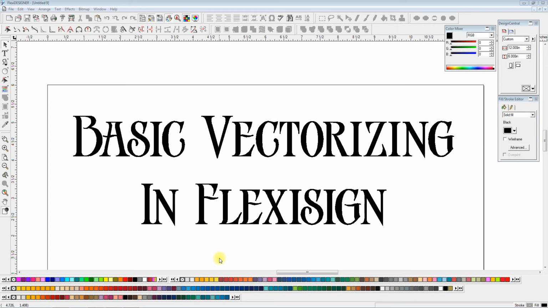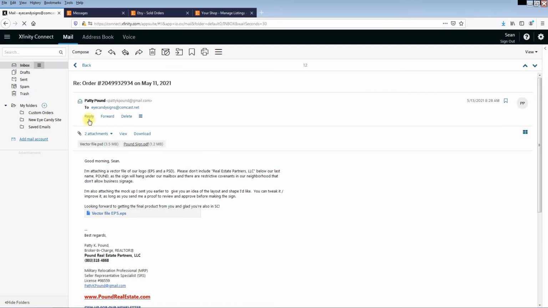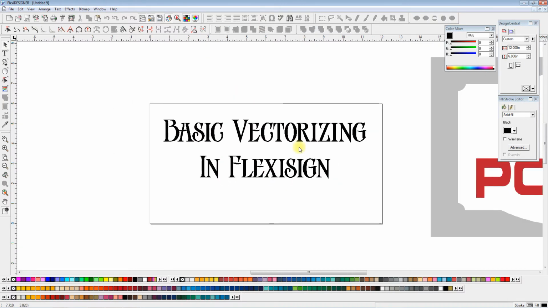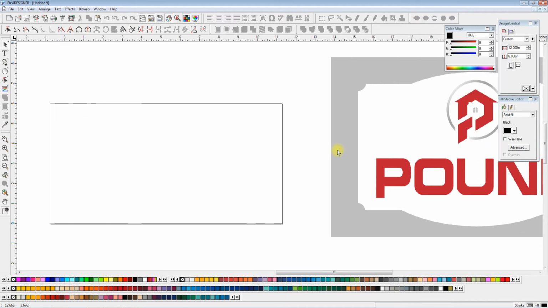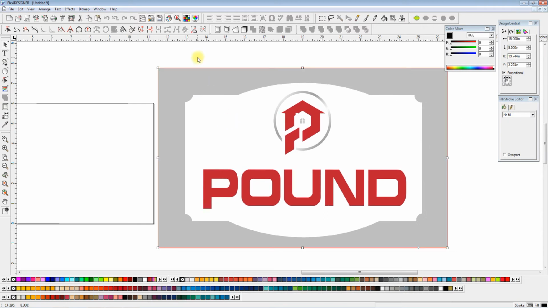There are instances where customers send you artwork, and although you ask for specific information, like right here, the PSD and the PDF, unfortunately, when I opened up their EPS file, it was a bitmap. And this is actually their PDF, which, as you can see, is 300 dpi of full pixels. So there are no line files in this, but I wanted to show how easy it is to actually recreate